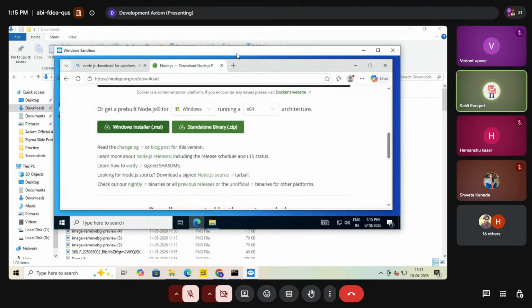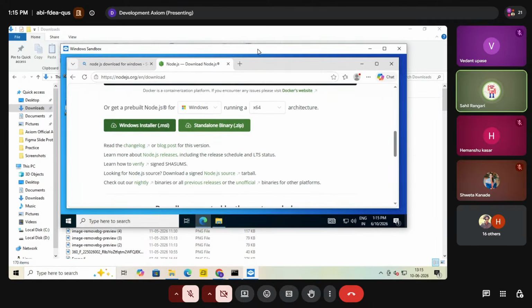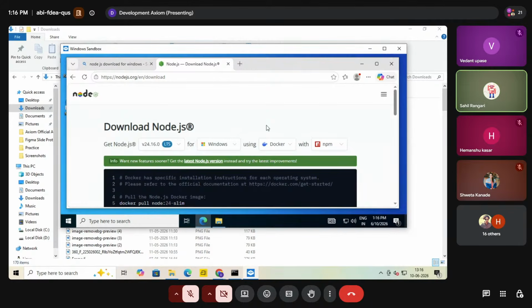So all of this is entirely different. Whatever we did, whatever we tested in the sandbox, it will not interfere with your personal or local system. That's why it is very secure. Before going to production, it is the testing virtual server, we can say, or a tool, which gives you entirely independent test cases that you did here.